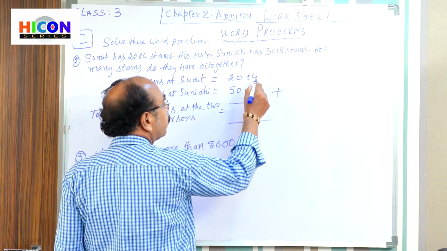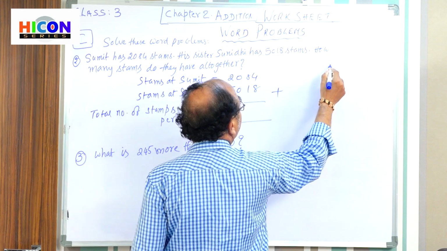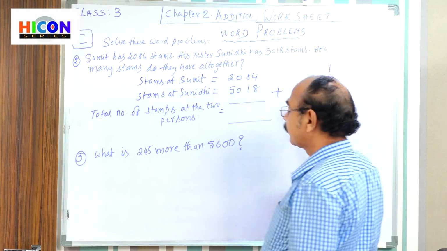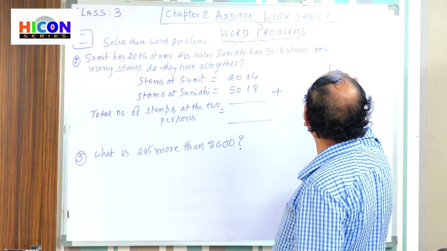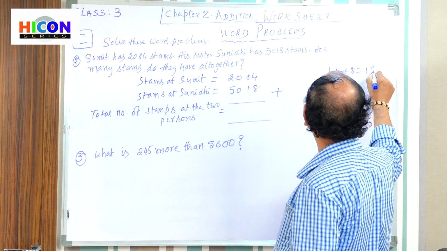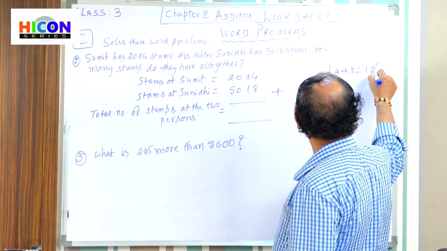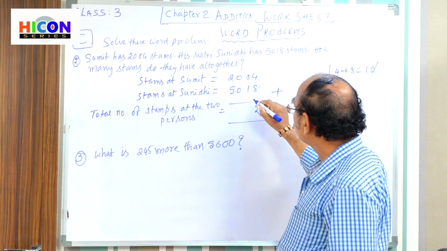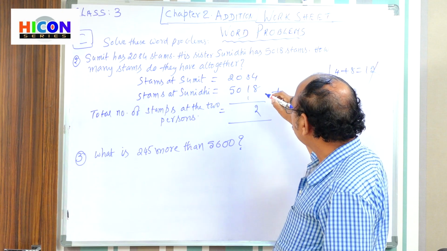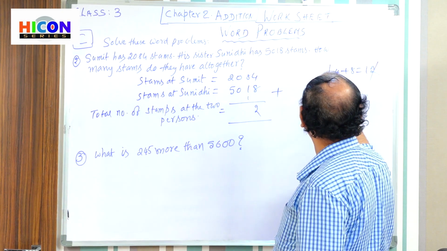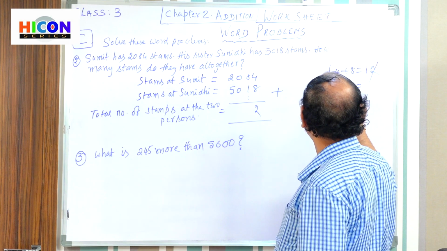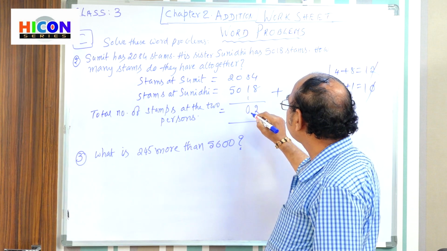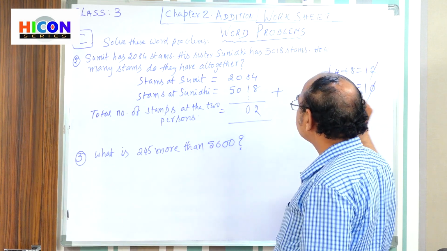Add the units place, 4 plus 8. Add the digits of units place. Here 4 plus 8 is 12. So write 2 right here in the units place. Now 1 should be carried over to the tens place. So now add the digits of tens place. 8 plus 1 plus 1 means 10. Write 0 in the tens place, and 1 should be carried over to